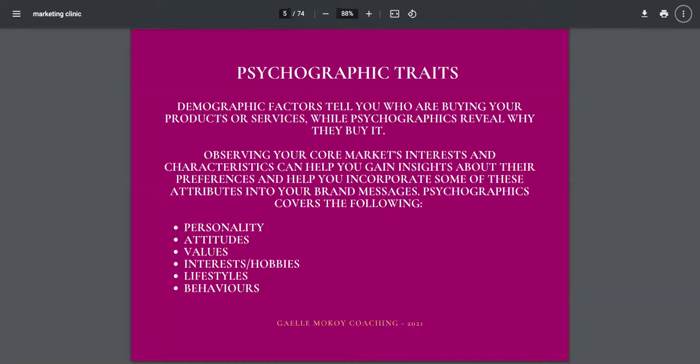what they look at, where they look at things. In terms of interest, if they are interested in photography, do they buy photography magazines or do they learn everything on YouTube? Things like that. Lifestyle as well is basically how they live. That will help you decipher a bit more about them, and behaviors as well. Buying behaviors are very, very important. It will let you know whether they actually think before buying, whether they do some research before buying, or whether they're just an impulse buyer.